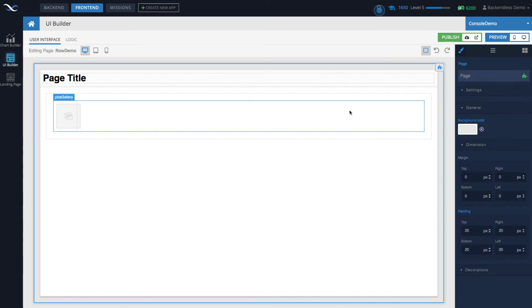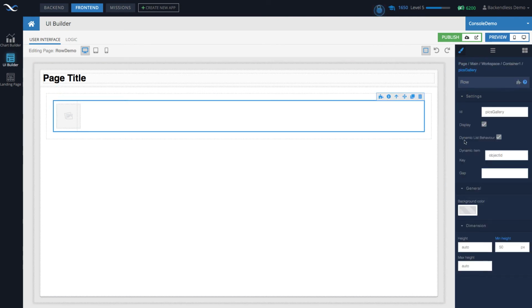Okay, so what's going to happen is I will fetch information about the images using an API called Backendless. And that collection will be just an array of objects. Each of those objects will have a URL of the image, and I will just assign that URL to the image. So what's going to happen is row, being a component which has dynamic list behavior enabled, will start replicating this image left to right, top to bottom, until it visualizes all the objects in that collection.